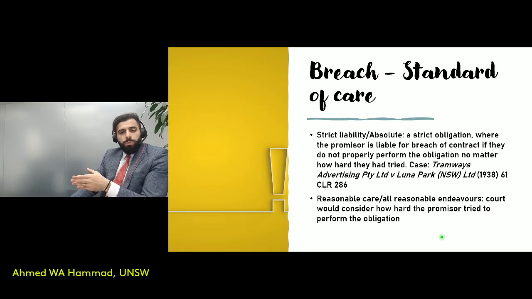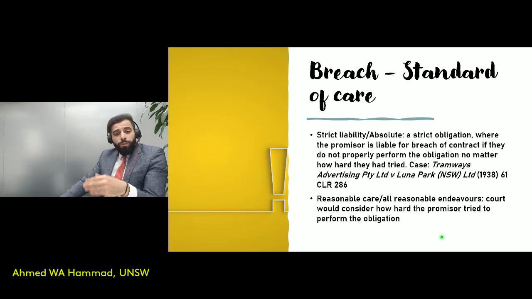So in an all reasonable endeavors standard of care, what the court would do is look at how hard the party tried to fulfill their obligation. And if it was deemed that they tried their best to fulfill their obligation, but they still couldn't deliver what they promised, then under the all reasonable endeavors, they wouldn't be liable for a breach. Whereas if you look at the strict liability standard of care, this is when, even if they tried their best to achieve the promise and they failed to do that, given that they failed, they will be deemed to have